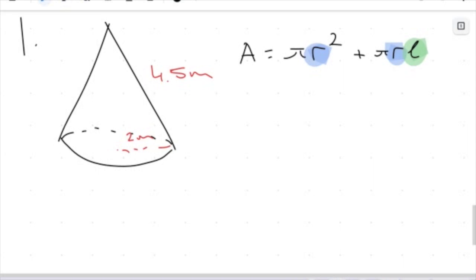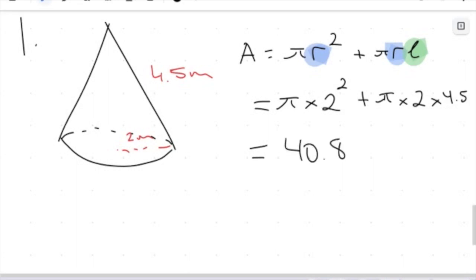So I'm going to get pi times 2 squared plus pi times 2 times 4.5. And we're going to find this to 2 decimal places. So when I substitute this all in and put it into my calculator, I'm going to get 40.84